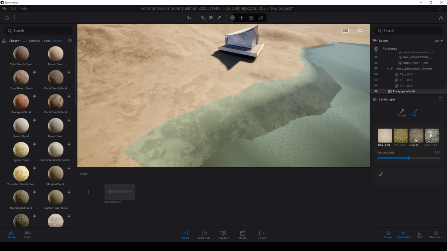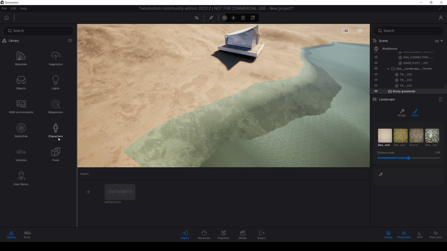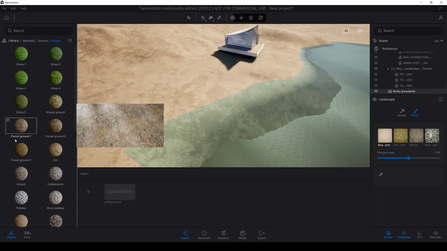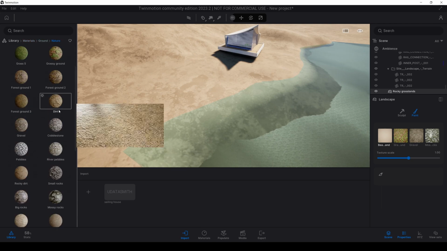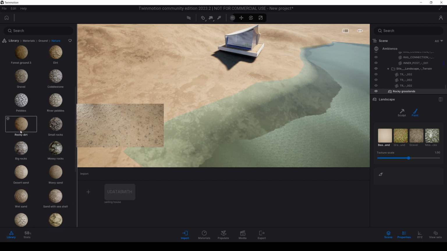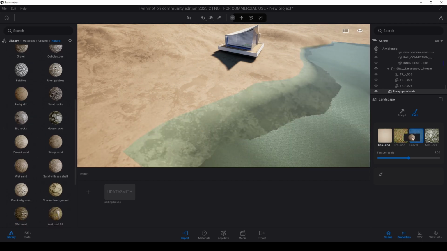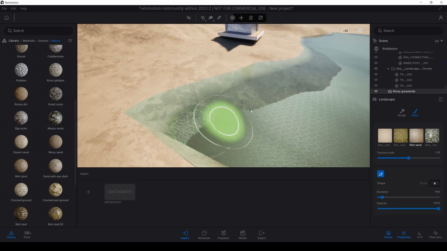And for this gravel part, I'm going to drag and drop this material to here and click that and paint.